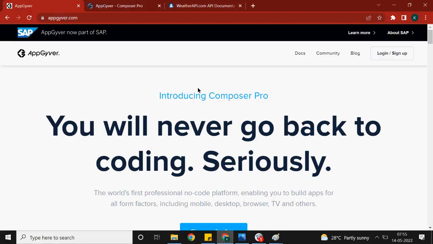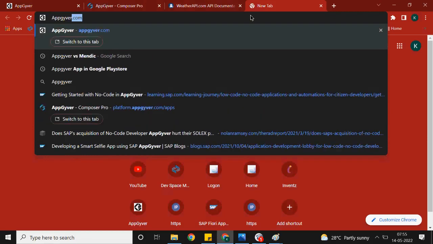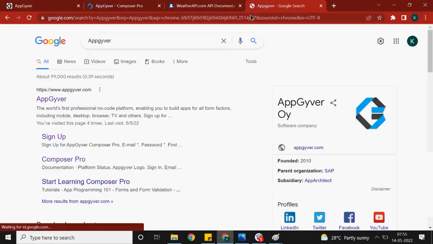Okay. Now, if you want to use AppGyver, one second, let me go to the tool which is already open. There is something called AppGyver.com. If you just type AppGyver, it will give you this AppGyver.com website. Now you would be asking me one more question: Karthik, if I want to use